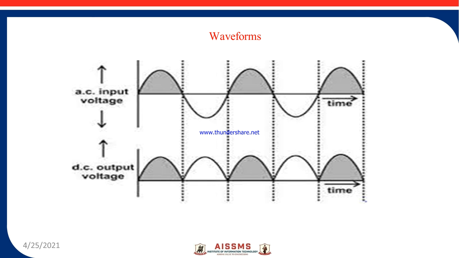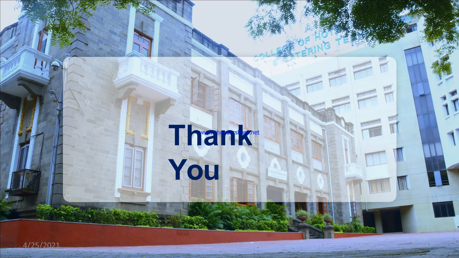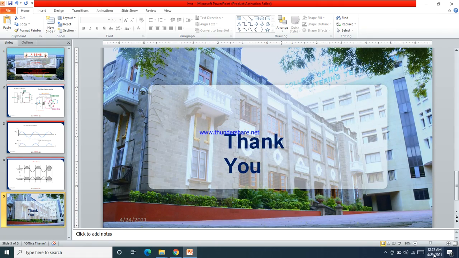This is the waveform for the full wave bridge rectifier. During the positive half cycle, D1 and its opposite diode get forward biased. During the negative half cycle the remaining two diodes get forward biased and make the current positive, because as we have already seen, when the diode is forward biased we get positive output, that is in the first quadrant. Hence during both half cycles we get the output across RL. This is all about the full wave bridge rectifier. Thank you for the patient listening. Have a good day.